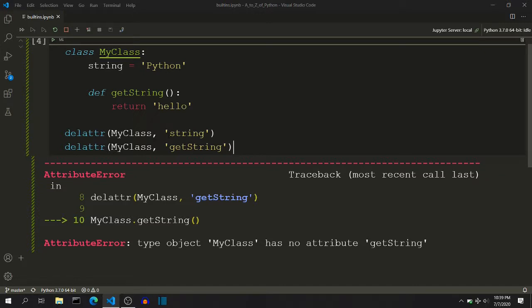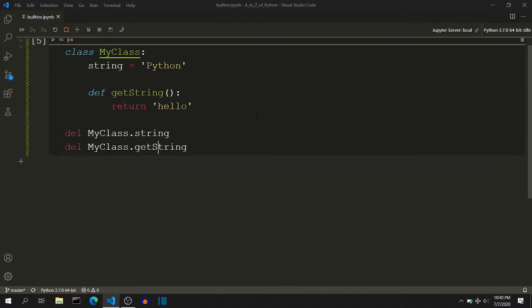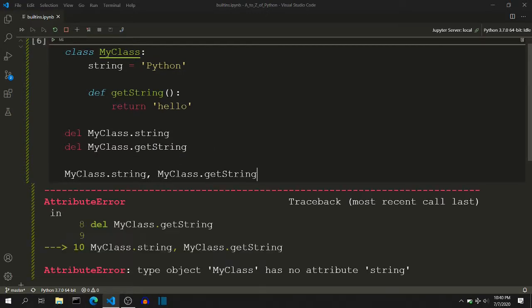and there is a shorthand version available to do this same thing. So we can use the delete keyword, del my class dot string like this, and it will return the same output like before, so we cannot access the function or the class variable anymore.